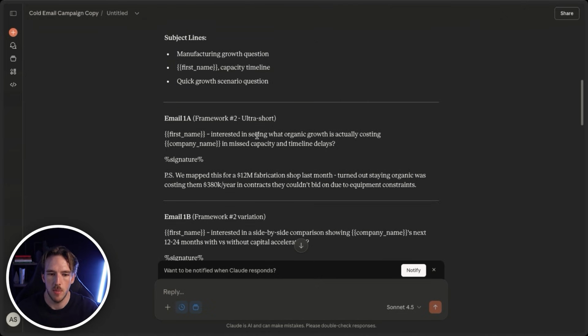Jumping into the frameworks, again, the best cold emails are literally just the offer in and of itself. Interested in seeing what organic growth is actually costing company name in missed capacity and timeline delays? We mapped this for a $12 million fabrication shop last month. Turned out staying organic was costing them $380K a year in contracts they couldn't bid on due to equipment restraints. The only thing with this one, so I like it, I would just be a little bit more clear about